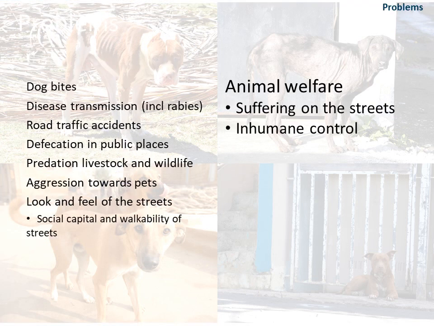But we also know that the dogs themselves can suffer. So you get suffering on the streets in terms of malnutrition and illness or injury, and suffering at the hands of inhumane control. In locations with roaming dogs, these dogs tend to figure highly in the list of complaints to local authorities, but it would be a mistake to think that these are only about the problems caused by dogs. Just as often, these complaints can reflect a concern for dog welfare, such as reports of litters of puppies that appear to have been dumped and are suffering in the streets, or complaints about cruel handling by ill-prepared animal control staff.